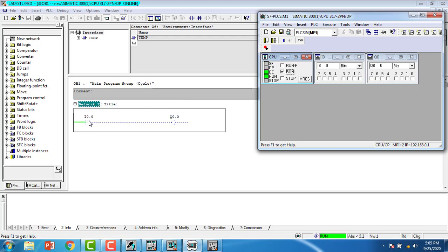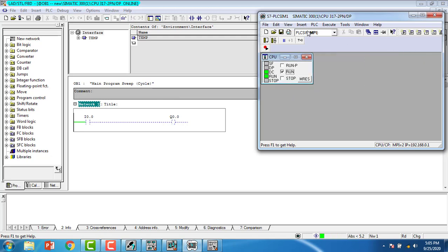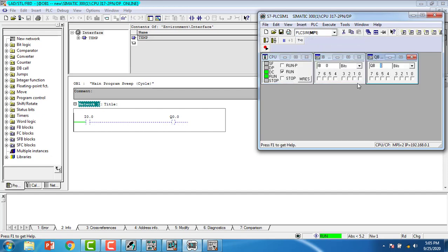You can turn on the output from I0.0. This is the input block IB0.0. I can take the input and output block from here. Insert input variable, insert output variable. These are the inputs and outputs monitoring and enabling window. I can enable the first input I0.0 from here, and you can see the output is automatically present because the output is connected to the input directly. I can turn it off and the output is gone. You can turn it on once again. This is the basic startup of the Siemens S7-300. Thank you.